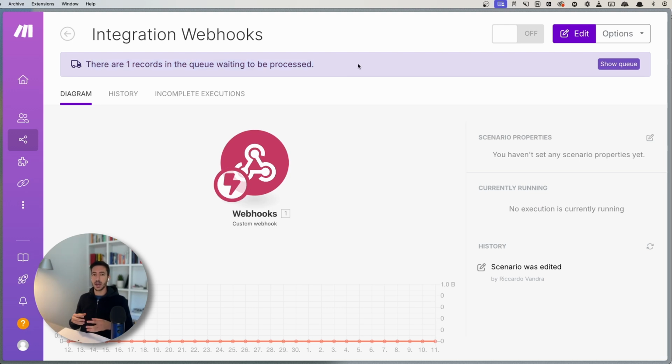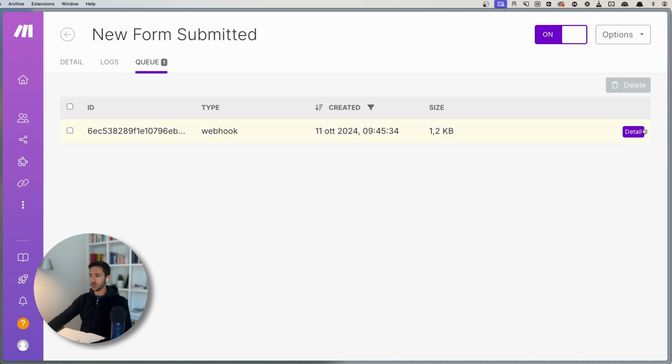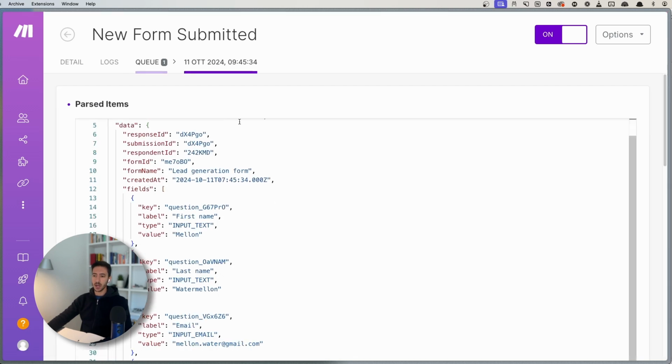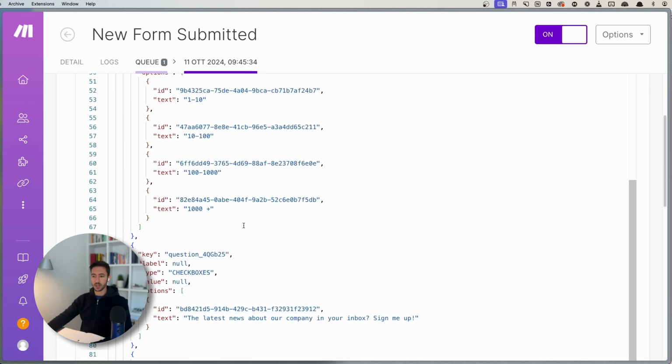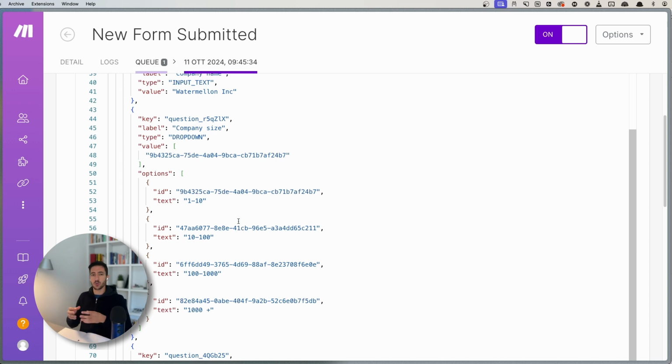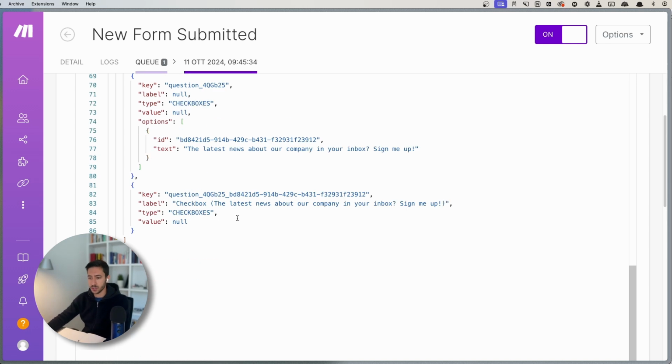This means that Make creates a queue of the information that is sent to webhooks. And what you can do is you can show the queue and you can show the details about the information that we received over here. So this way you can also get an understanding of what the different information is that you can see from